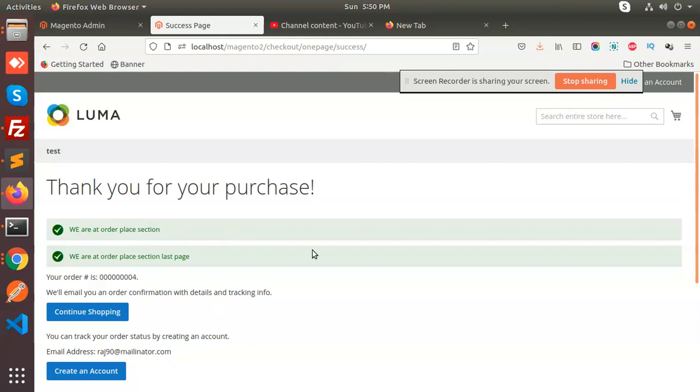So this way you can modify things accordingly. Before order place, you can put anything, increment ID or whatever you are getting from the mobile app, they can update that point. Or you can hit any curl over there to push any data to Zoho and whatever platform we have, CleverTap and HubSpot. You can send the data from this observer to that platform, and after placement of the order, you can mark the order complete, or payment has been done, or something you need to update. So this way you can override the sales order page with the help of observers.